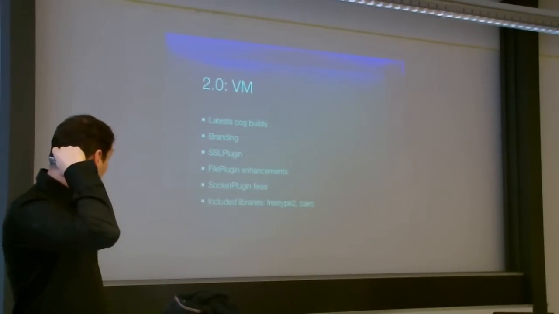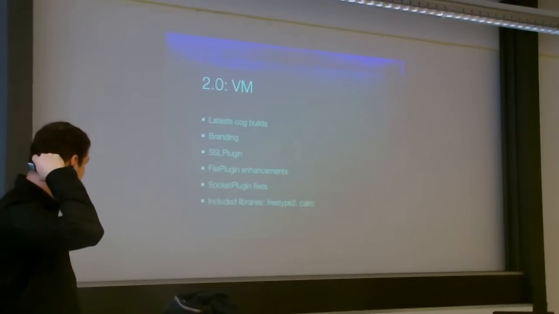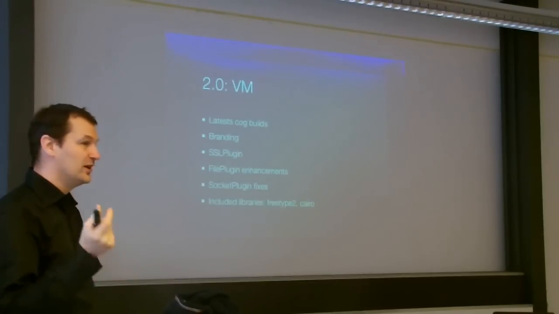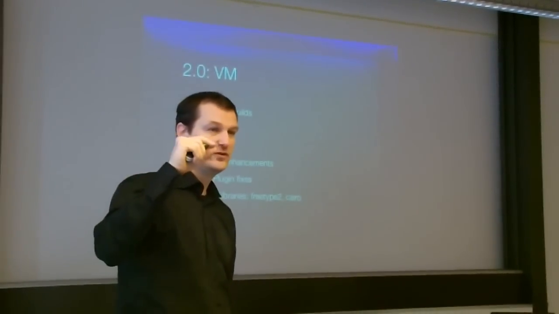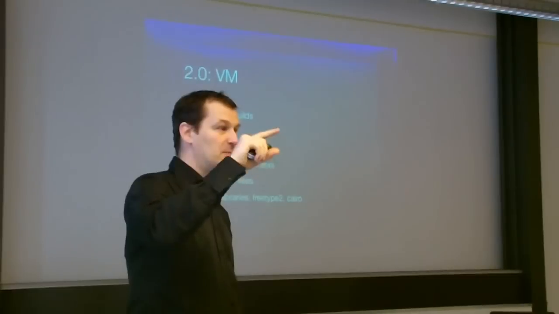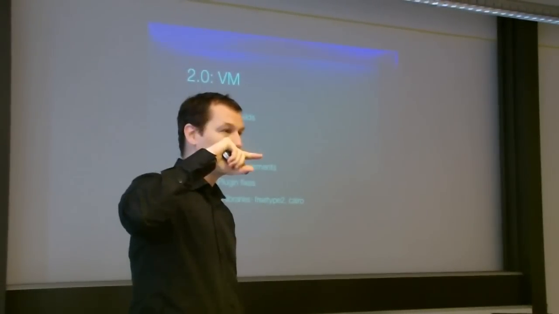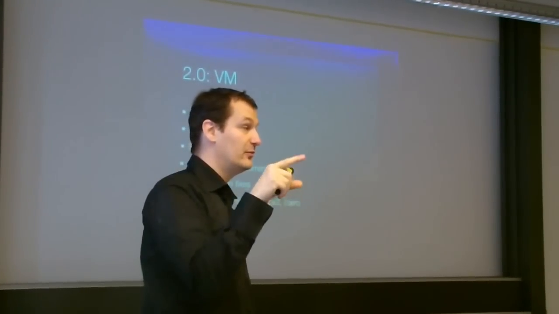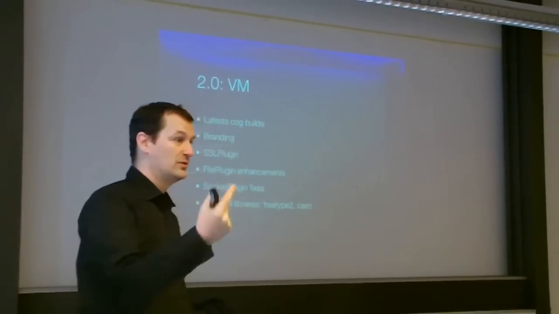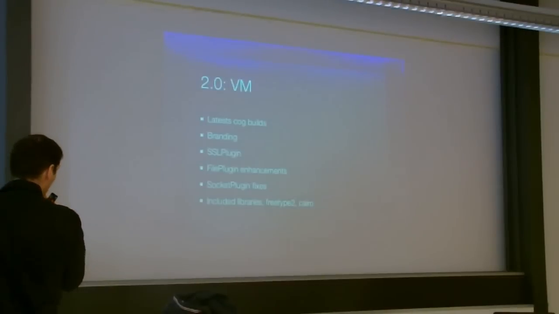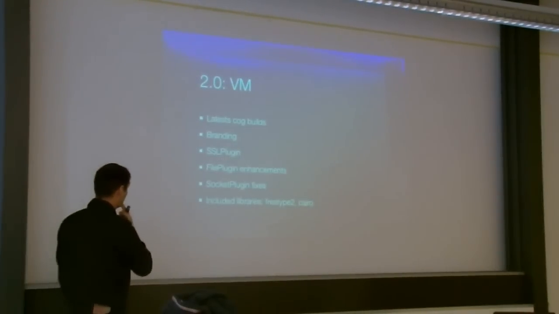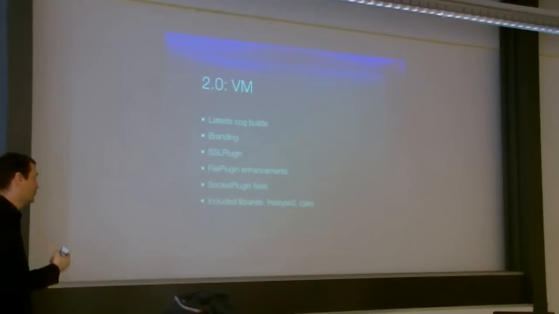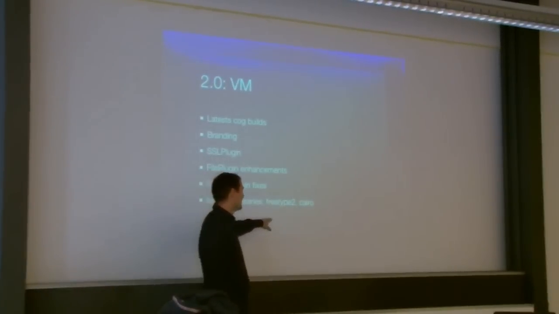VM, a lot of work. So this means that we want to identify exactly which version of the VM, because usually people don't understand that there is a difference between the POC VM and the Pharo VM. There are some fixes, for example, extension for the file system, for the symlink management, so that file system can follow. Support for the SSL plugin, file plugin enhancements, socket plugin fixes, and also that